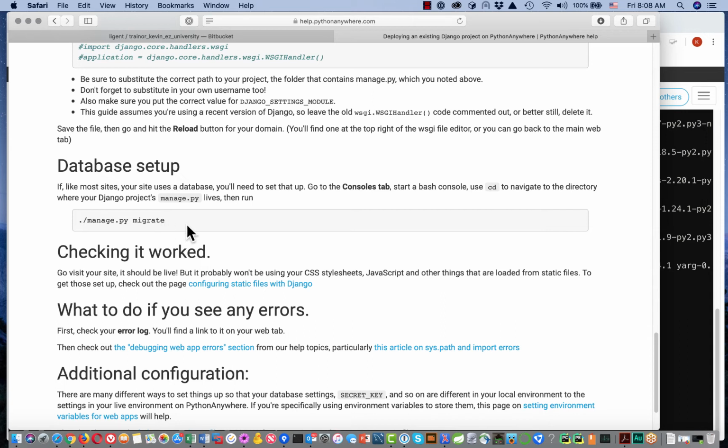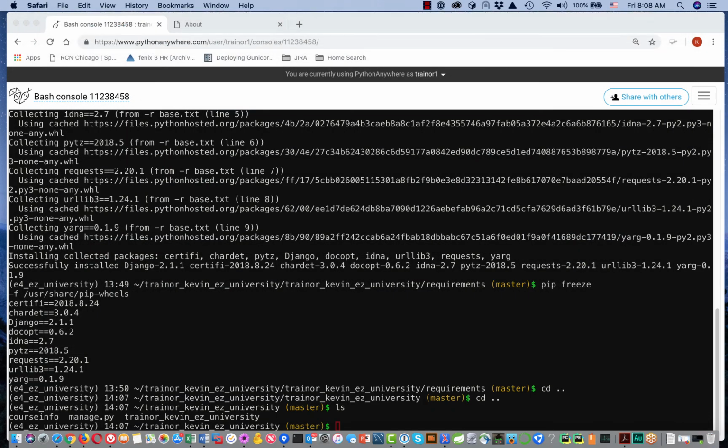But we have to put the settings file there. So we're not going to do migrate, we're going to show migrations. So let's try that. Let's say ./manage.py, not migrate, showmigrations,